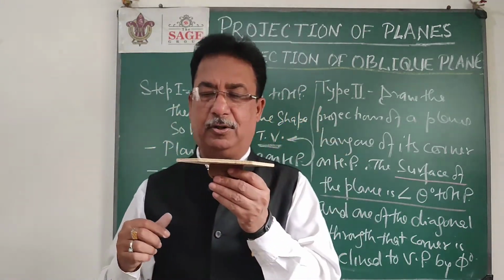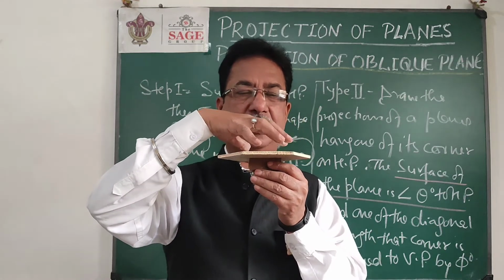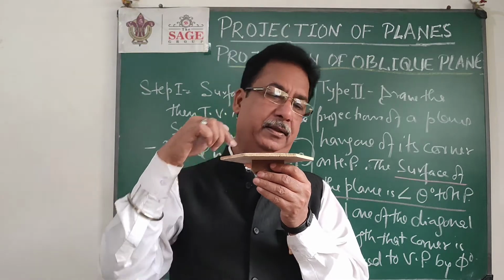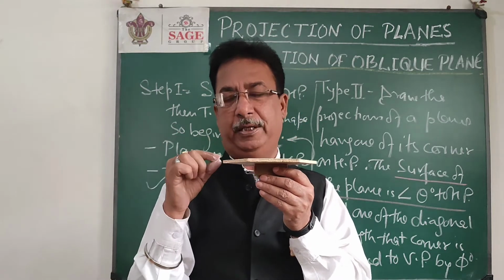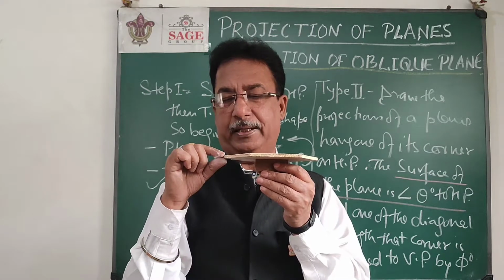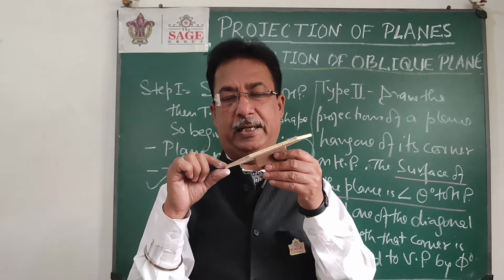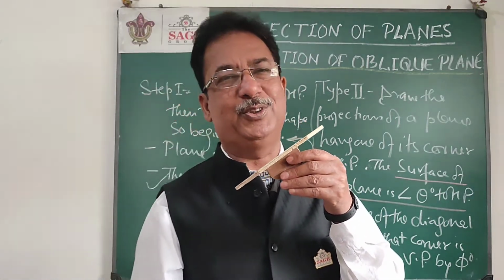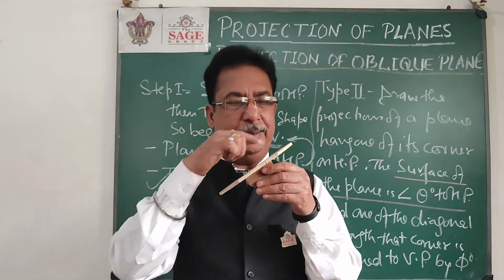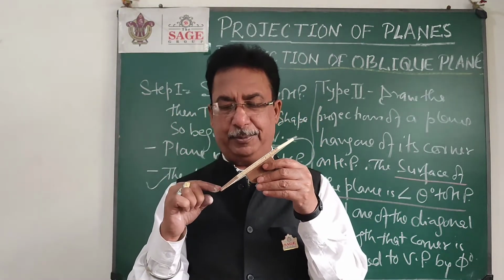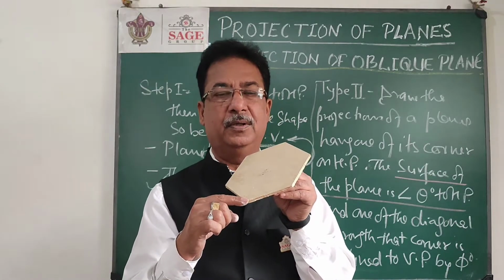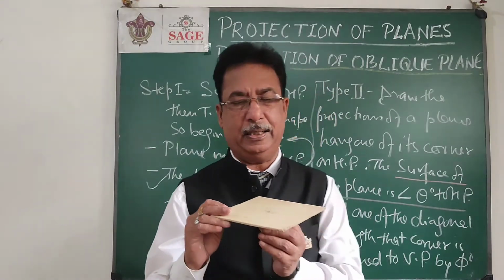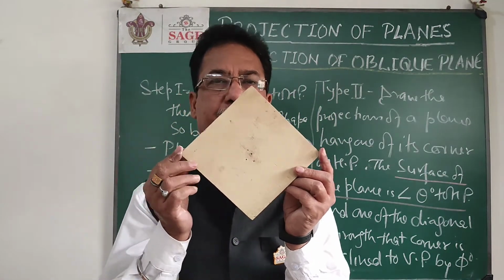Now if I keep this hexagon like this, in the first stage its surface is parallel to HP. Suppose this is the corner A, then this diagonal AD will be parallel to VP. In the second stage, if I want to make it inclined to HP, holding this corner, I can rotate it like this. Now the surface will be inclined to HP and is still perpendicular to the VP. Later on, I am going to incline the same diagonal with VP also, so that will be like this. If there is a square and I want to make the square inclined, then again the top view of the square will be like this.